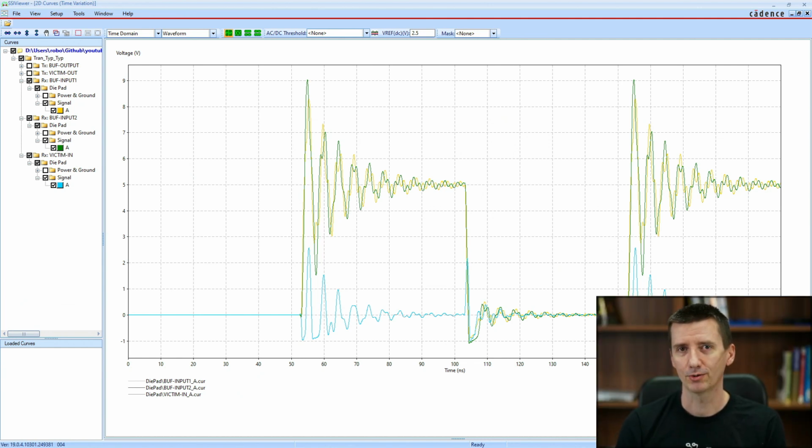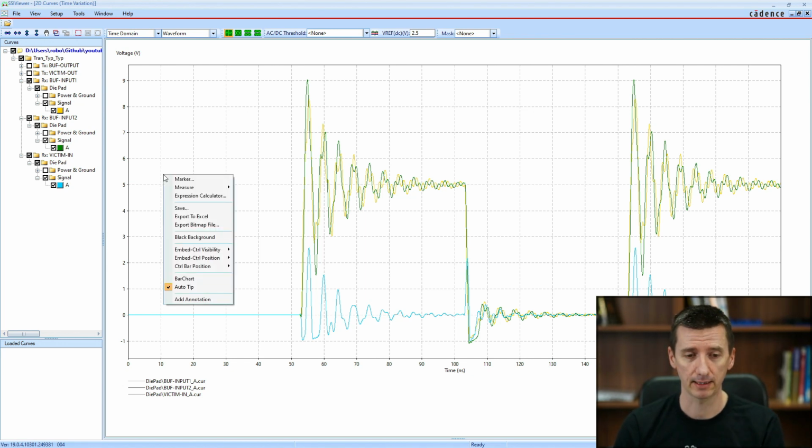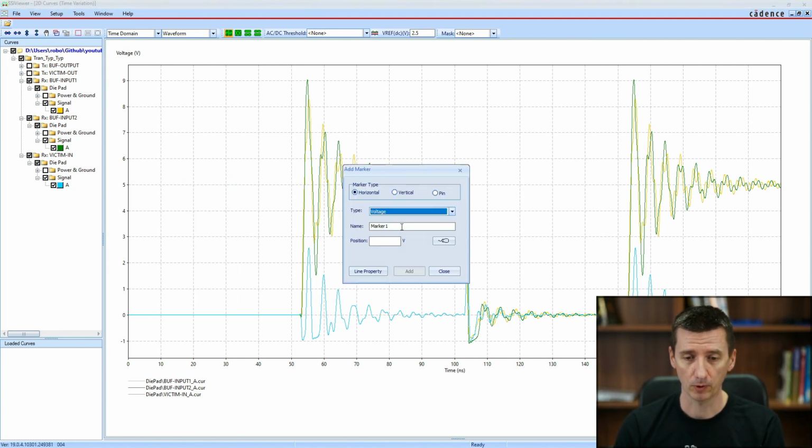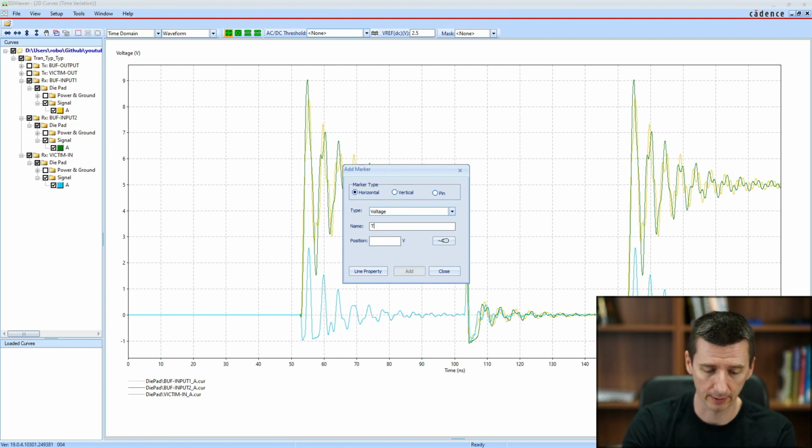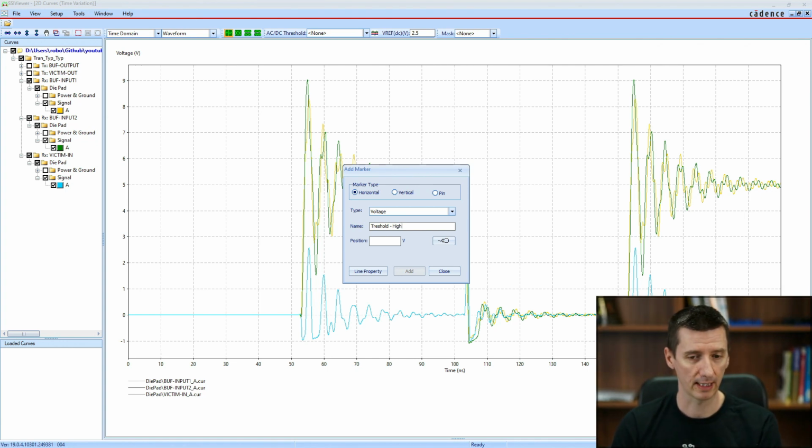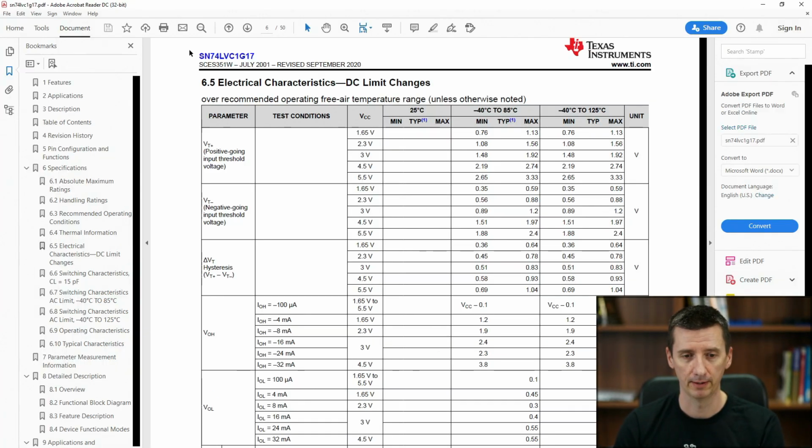Before we continue, I would like to show you how bad this signal actually is. So what we are going to do, we are going to add 2 markers. Right click, marker. I'm going to call the first one threshold high. And when we go into the datasheet of our buffer, the value we are interested in is here.